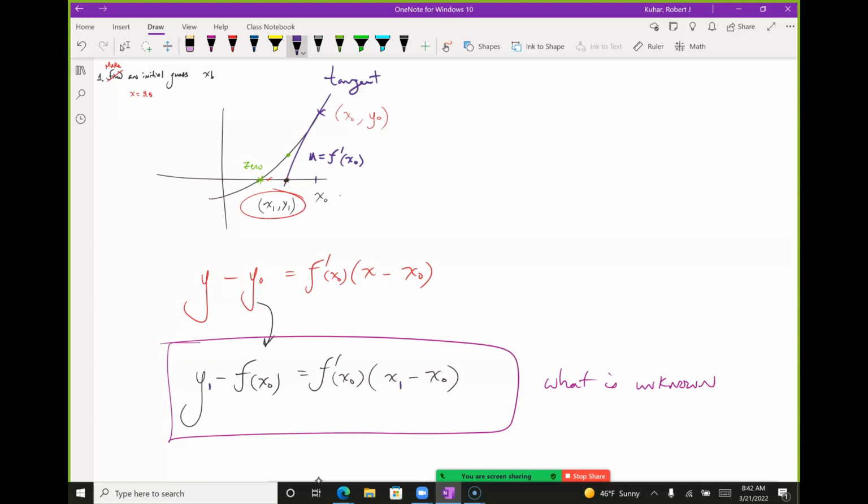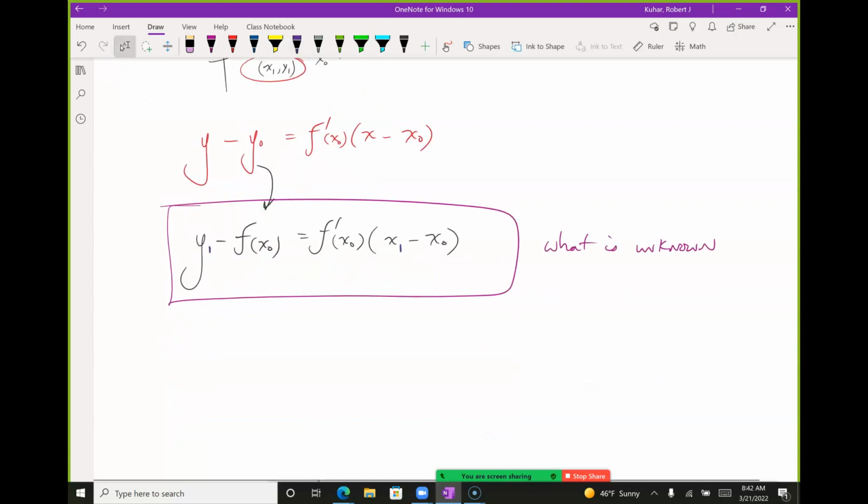We need the limit as X0 approaches X1. What don't I know? X1. What do I know? Y1, because it's 0. So negative f of x naught, the initial guess, equals the derivative of that initial guess times the